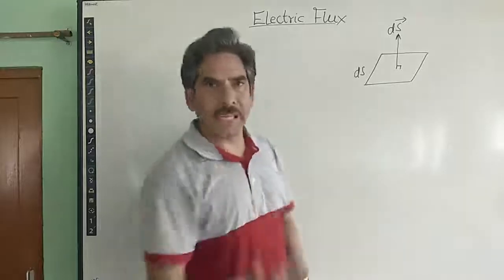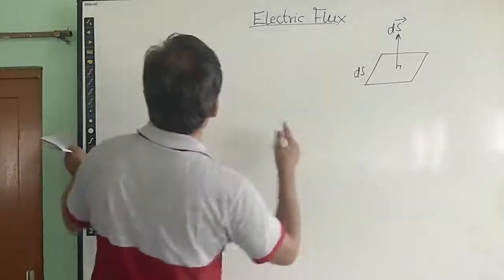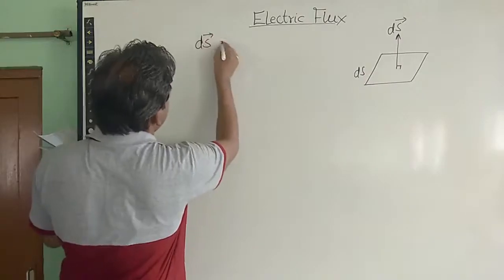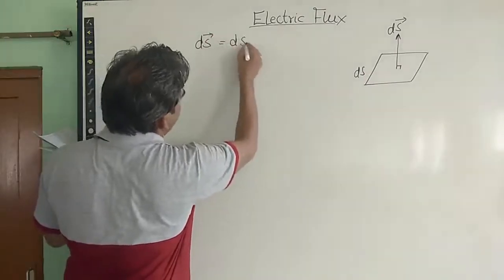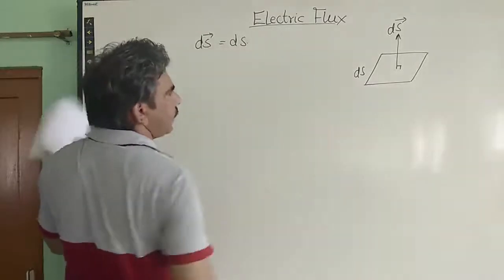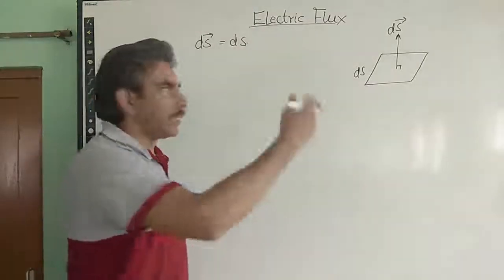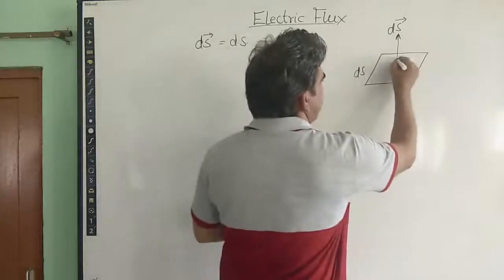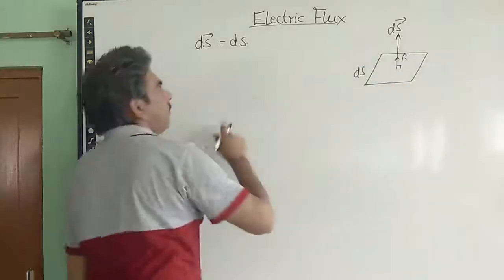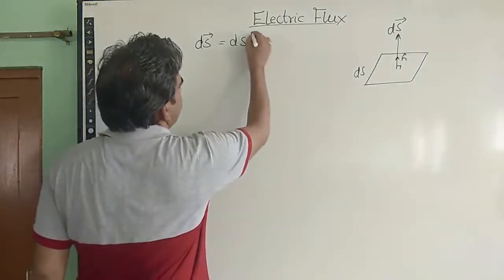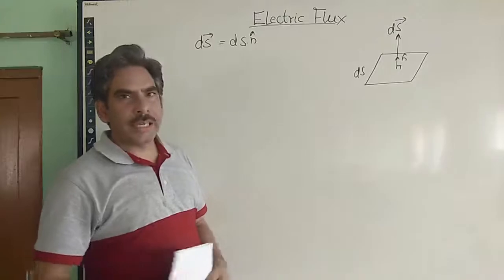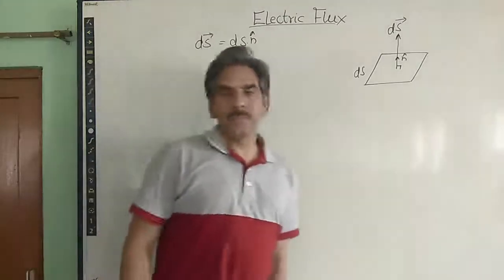So how do we write this area vector? With respect to vector algebra, this area vector is simply written as the amount of area, the magnitude of this vector, into the unit vector which is taken along the area vector. So we can take a unit vector, for example n, as it is the normal. So this is the symbol we can give. So it is simply equal to ds n cap. So this is how we represent an area vector, right?